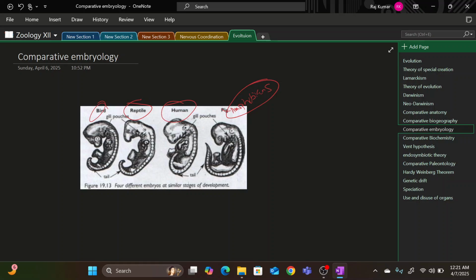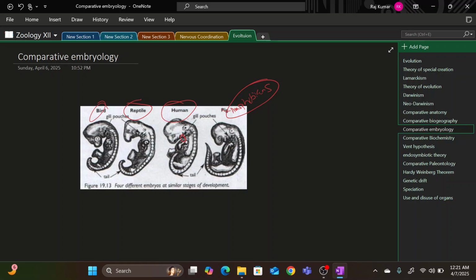You may see that it is present. These are gill pouches present on the side of the throat, and these gill pouches are a common structure which is found in all of these vertebrates. In humans, these gill pouches develop into a eustachian tube that connects the middle ear with the throat, while in